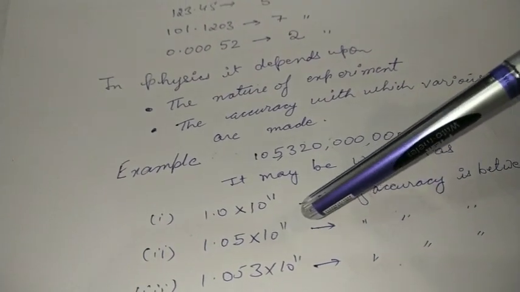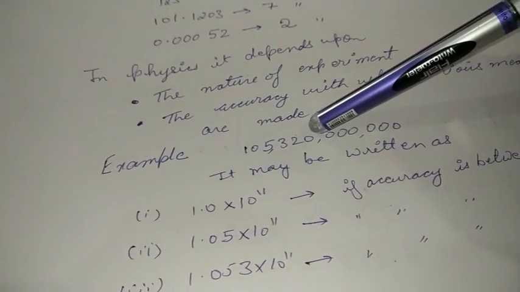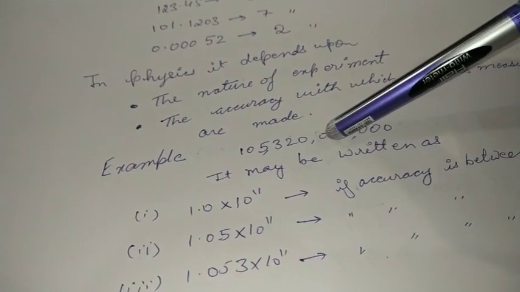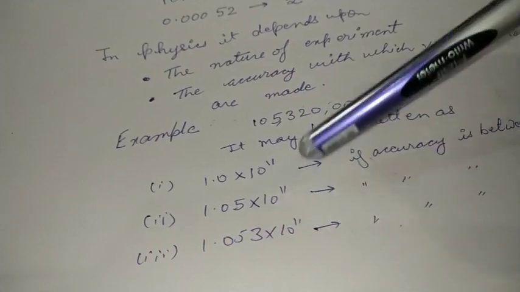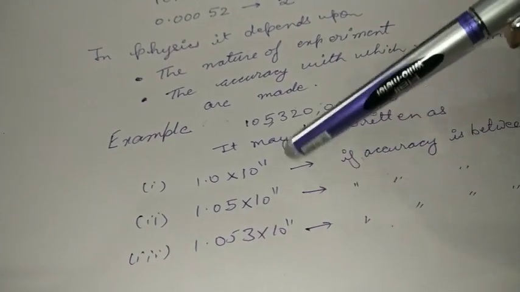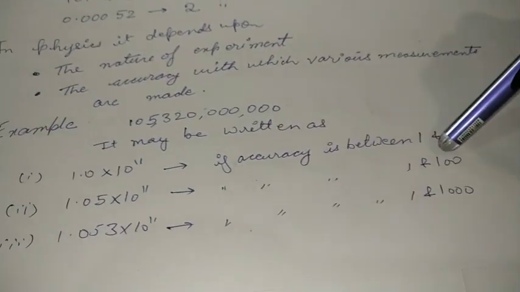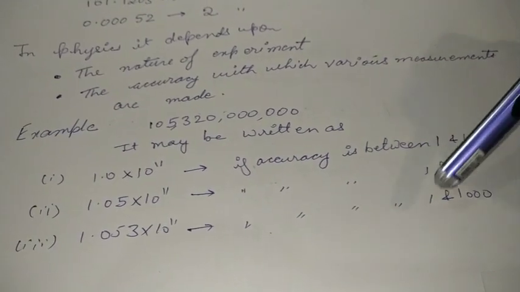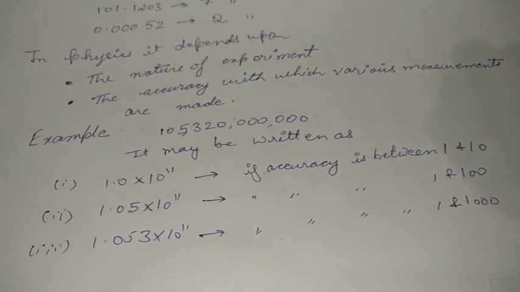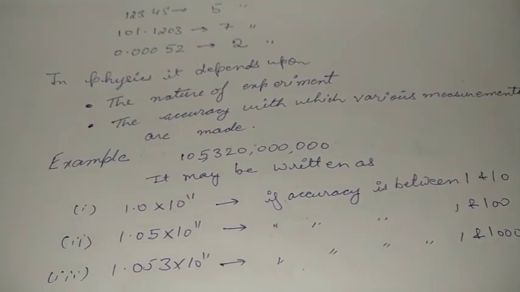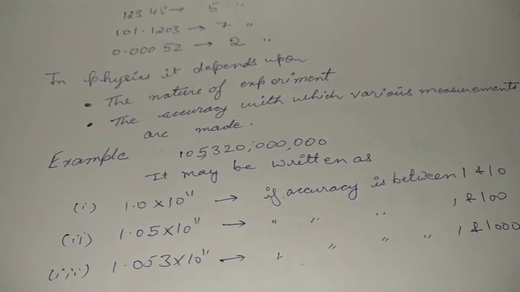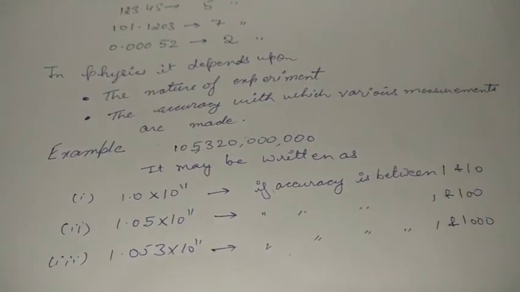1.05 will take us a bit nearer to the answer, but still we will not have the exact answer. And so goes for this one. It will be much nearer to the answer as compared to the one stated above. So this value lies between 1 and 100, and then this will be between 1 and 1000. All right. So this is how we approximate a particular value, or what the proper notation is supposed to be for these particular sets of values.